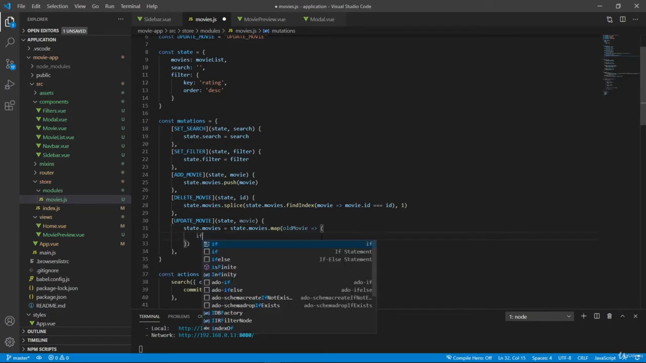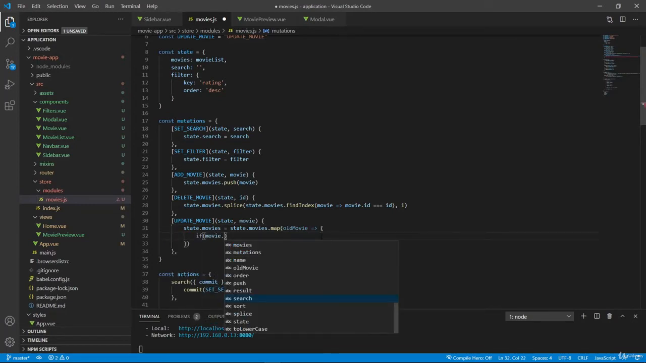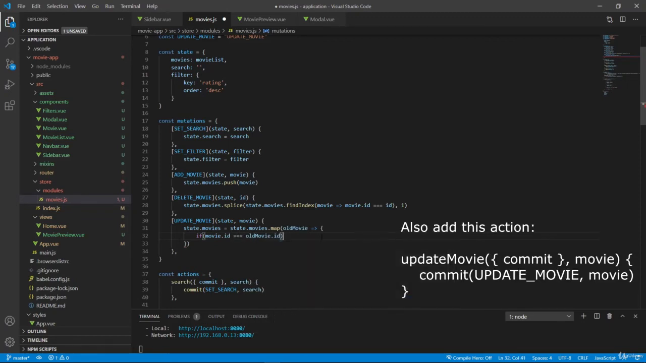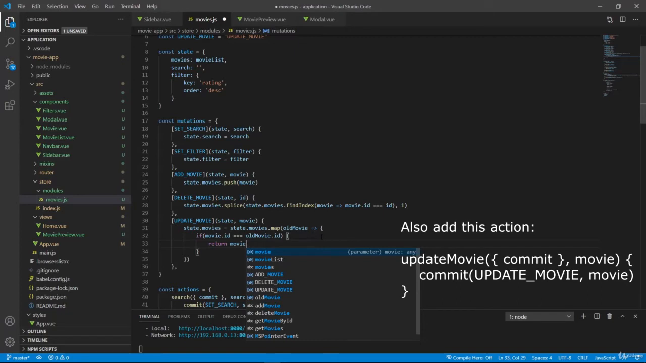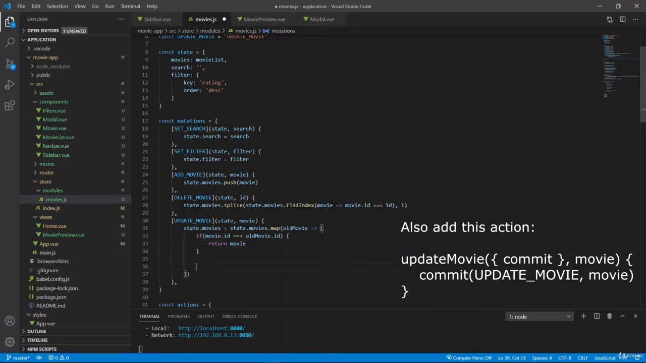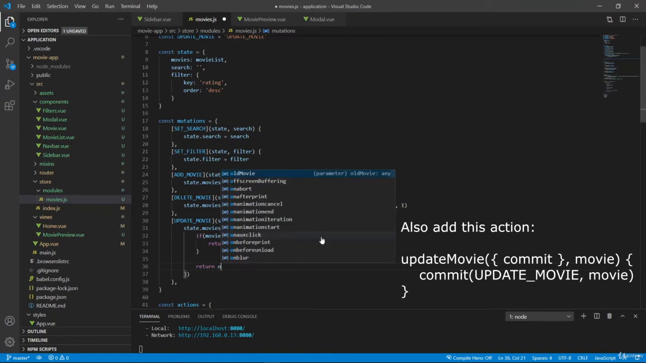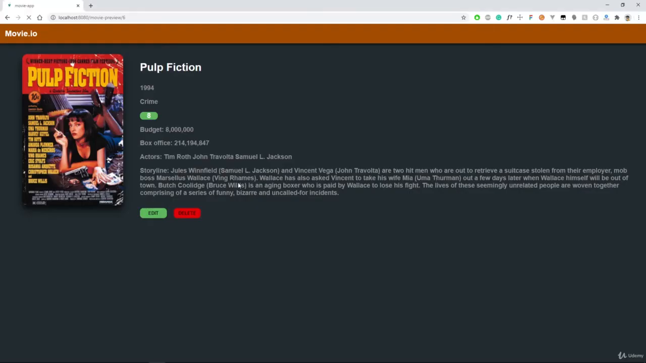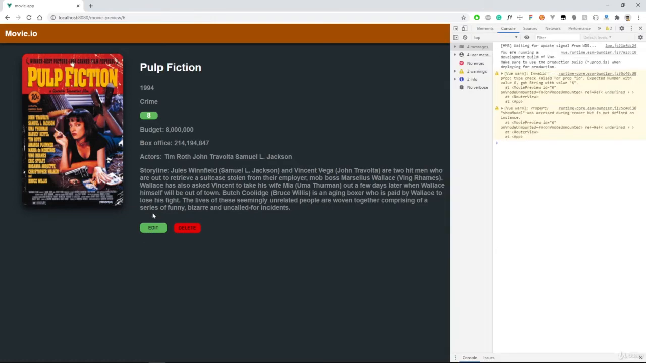So then inside, I want to check if movie.id is equals to oldMovie.id. So in this case, I want to return this movie that we received with updated properties, and in other case, well, I want to return this old movie, which is unchanged. So now if we save and we go back to our browser, let's refresh, and well, our edit is not working